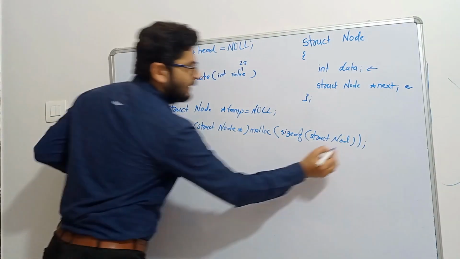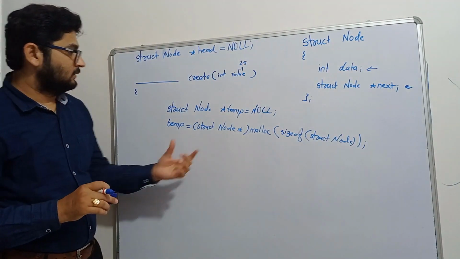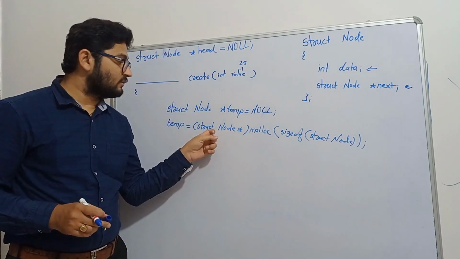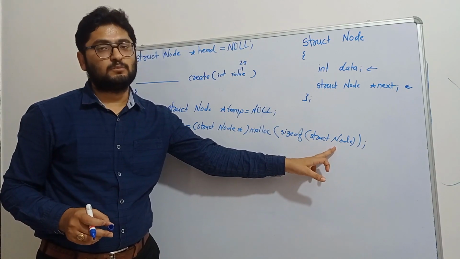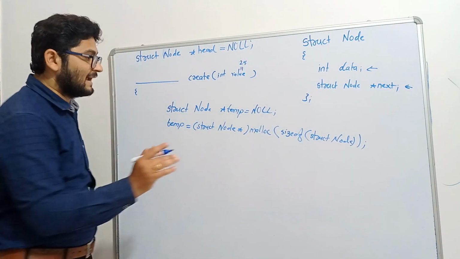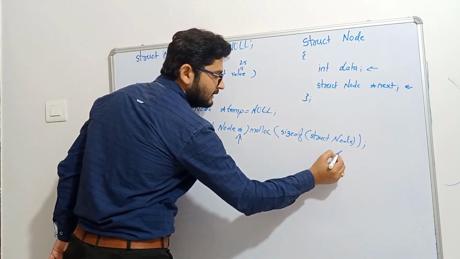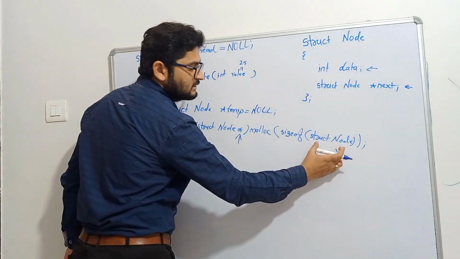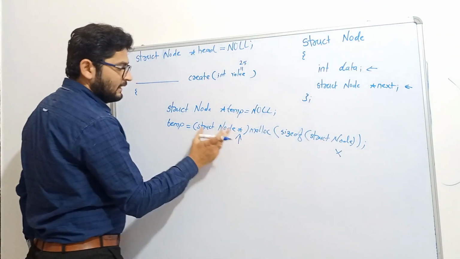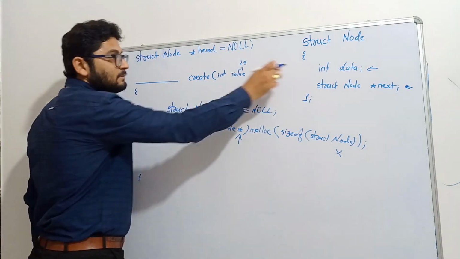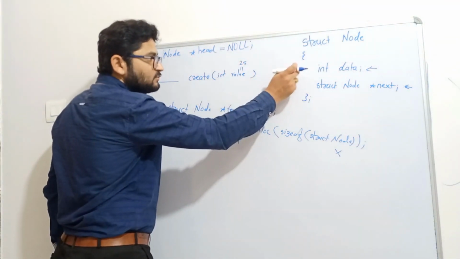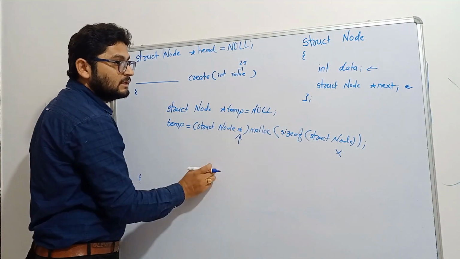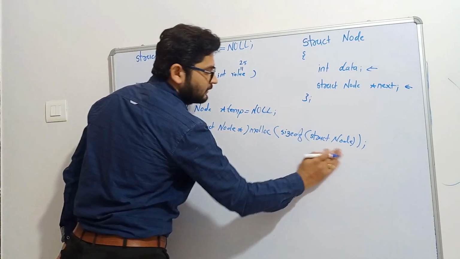Okay. Here I want to make a note that here we are using struct node, here also I am using struct node, but along with this I am using a pointer, and here there is no pointer symbol. So you have to remember that here the pointer symbol is required and here it is not required. Why? Because here we want the size of this complete structure, that's why we are passing the name of this structure to this, and here we want to convert that pointer into this type, right? So obviously the pointer which is pointing to this type is nothing but node star. That's why star is compulsory over here and star is not required over here.